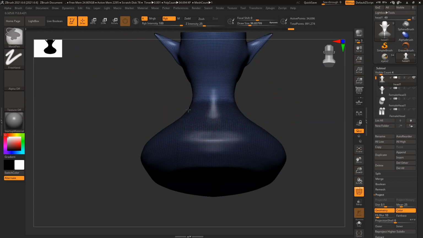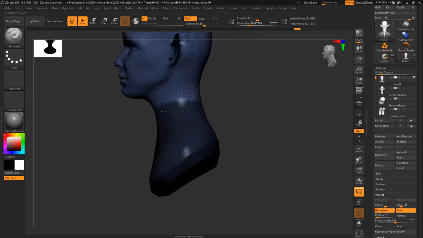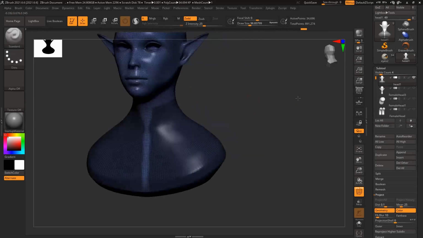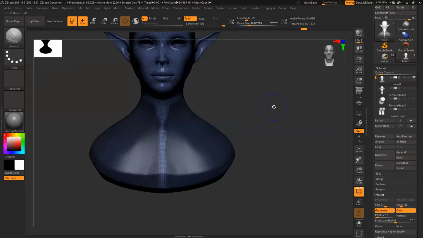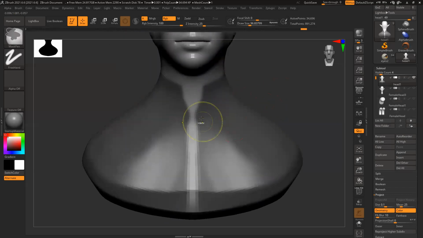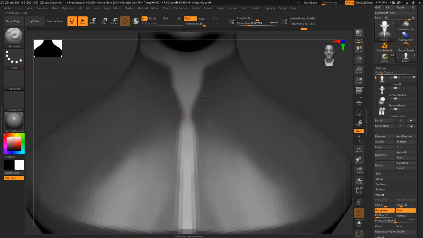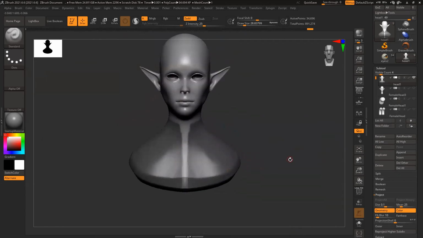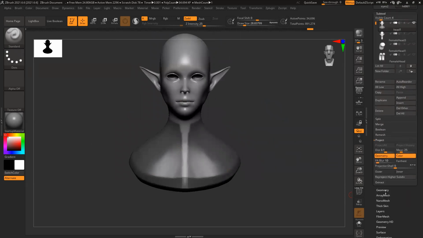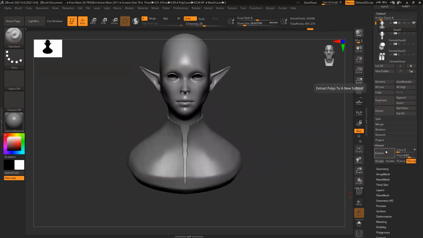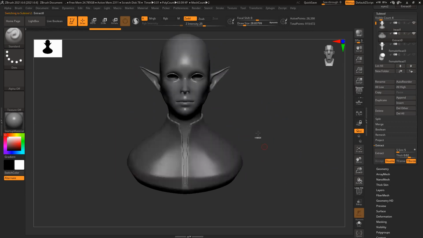Now it's fine. Shift F, and remove the gap slightly. Now I have a nice gap, and I'll go to Extract and extract this part, accept it.